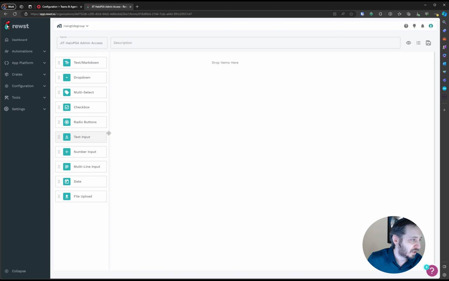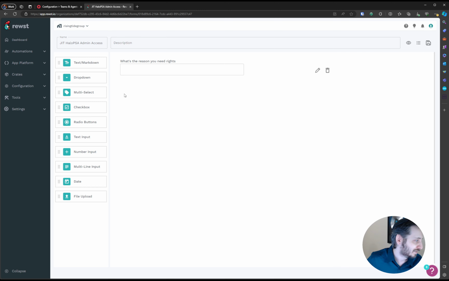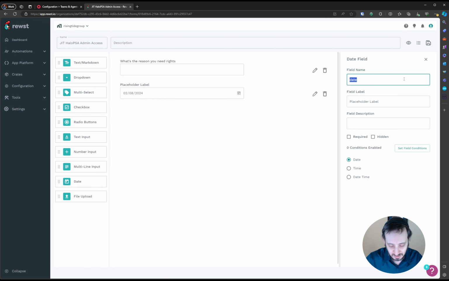We are not going to ask them for anything other than, like, what's the reason for it. Justification, let's say. We'll do text justification. What's the reason you need rights? And we're going to ask, like, maybe a timeline, date, period, and say length, access length. And we're going to say something like, until what date and time do you need access? Or until when